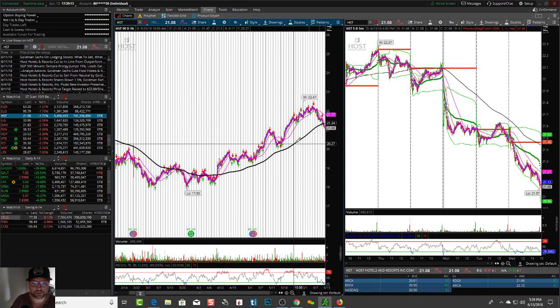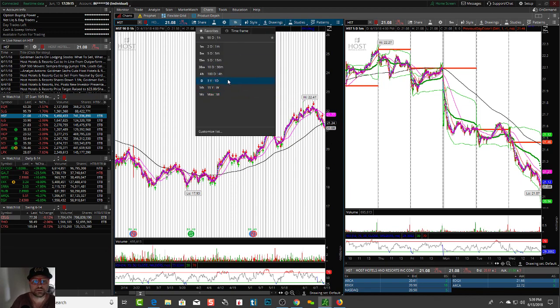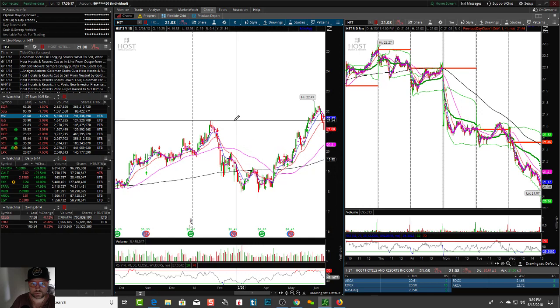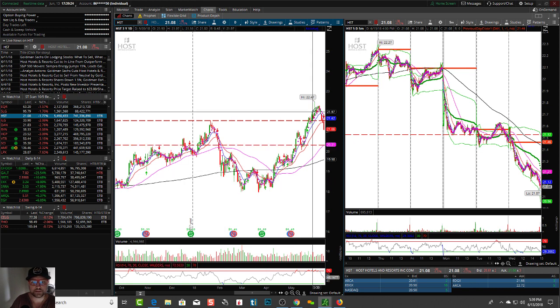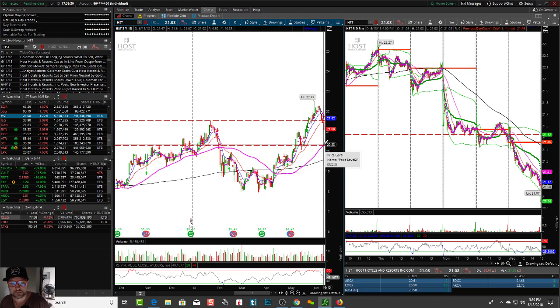Now it's failing the 200 SMA. It's got room right here down. It's already failing the cup, the top of that cup. This has room down to that 20-30 area. So this is one to keep an eye on. This could fall right down to that 50 SMA. So this is going to be my last one I put on there.